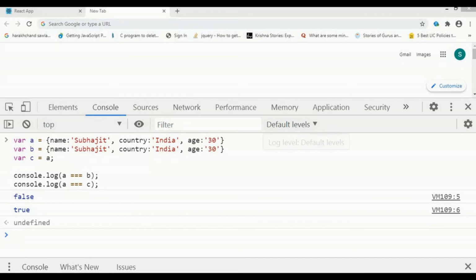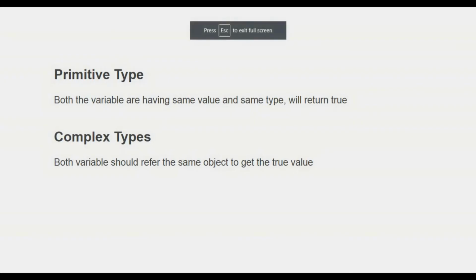Now why is this happening? Let me go back to the presentation where I can help you understand. There are two types of shallow comparison: one is the primitive type, another is the complex type. For primitive types, if both variables have the same value, it will return true. Like if variable a and variable b have the same string value, India, it will always return true in that case.